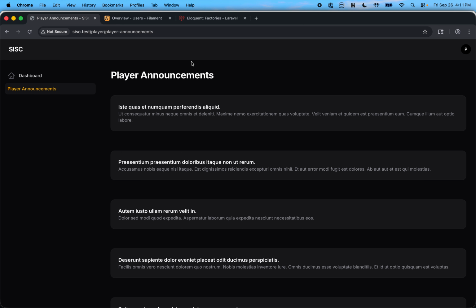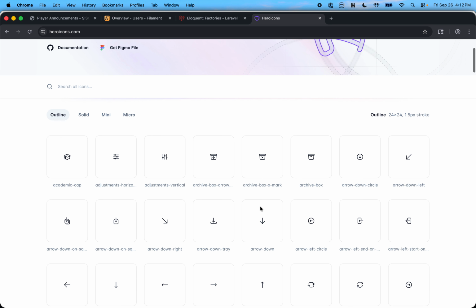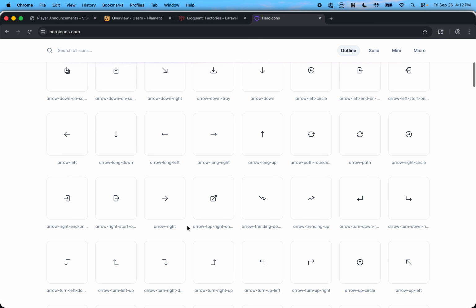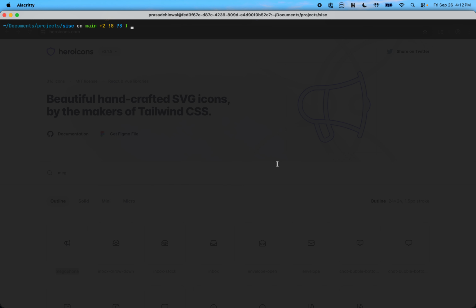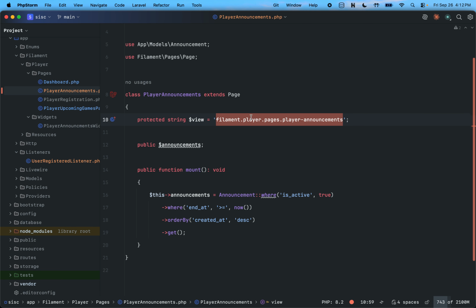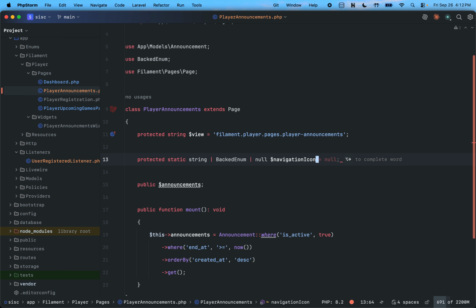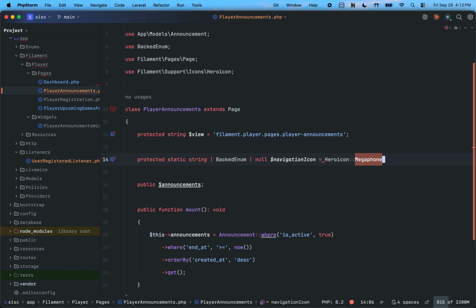Maybe we want to add a, let's just go here, icons, and say announcements. I know there's like a, it's like a megaphone or something. There we go. So we could come back to this page and say, is there a navigation icon equals hero icon, and it's megaphone,